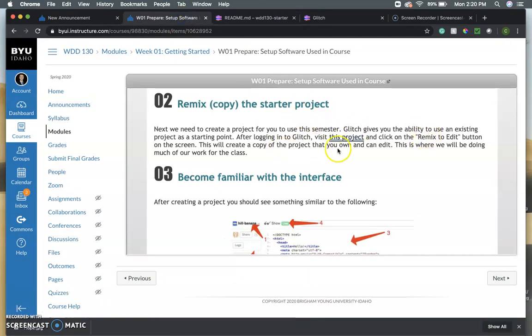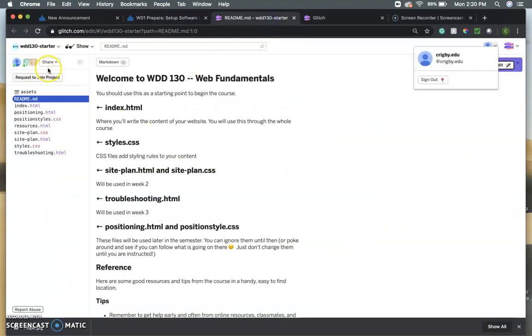So let's come over here and take note. What we want to do is click remix to edit. Now, could you find it? Where do we go to remix to edit? Oh, that's right. I wasn't able to see it clearly because I had clicked on my profile. It's right under here, under account. If we click remix to edit,